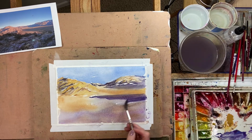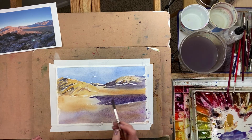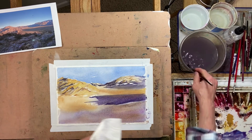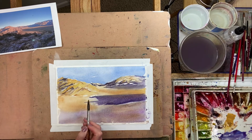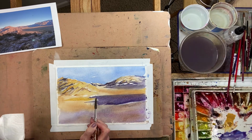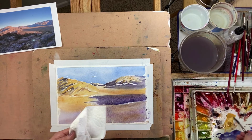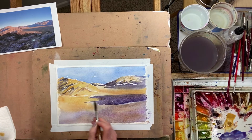And I like the direction that the landscape is going. It kind of has this direction of line. And I don't want to lose some of the edges, but some I do want to have a little bit of softness there. So I can just stroke my